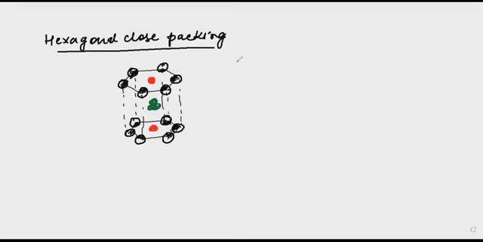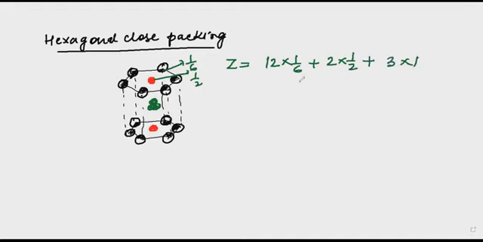So rank is equal to, you must remember that only 1 by 6 part is making a crystal, and here it is only 1 by 2. So it becomes a total of 12 corners, participation is 1 by 6. 2 atoms at the opposite ends, 2 into 1 by 2. 3 atoms are at the center. So you see this is 2, that one is 1, and this one is 3. So total rank is 6. Clear? Now we are coming to questions related to this topic. So be mentally prepared.